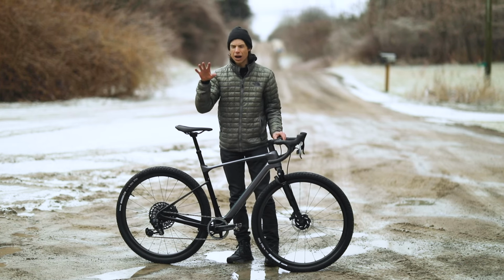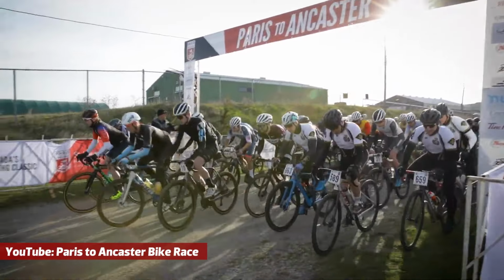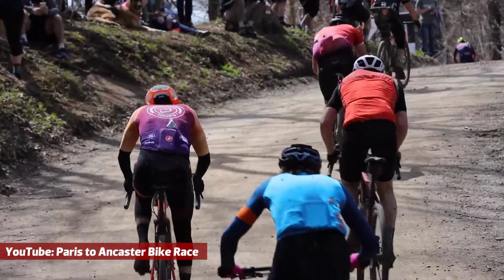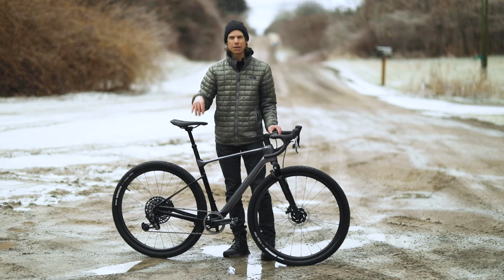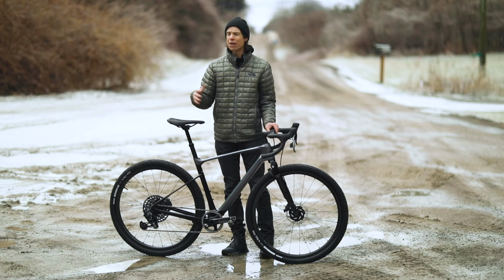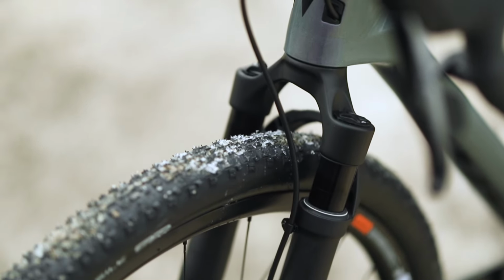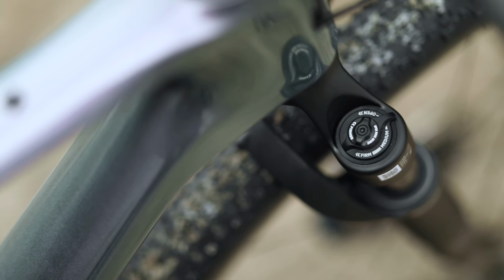Right here, I'm on the route of the Paris to Ancaster gravel race. This is a classic Ontario gravel race, and this year, in fact, it's going to also double as our national gravel championship race. Now, would I race this bike at P to A? Probably not, partly because I remember when the bike of choice for P to A was a cyclocross bike with 33C tires, but the level of squish on this bike, the front suspension, I think for the most part isn't necessary for this Southern Ontario classic,